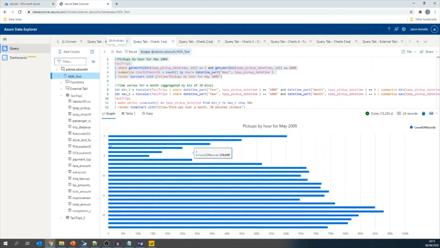And you can see here the hour. So we can see that 7 o'clock is the time when we had the most pickups, which is this particular count there, 900